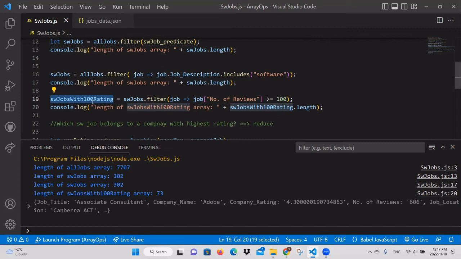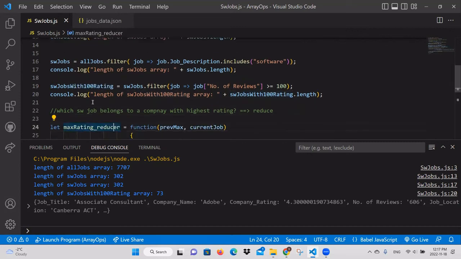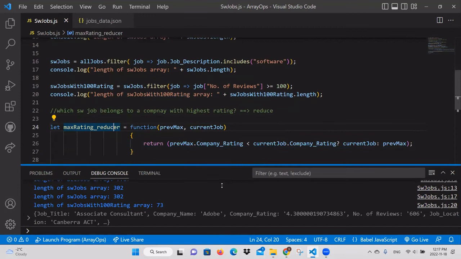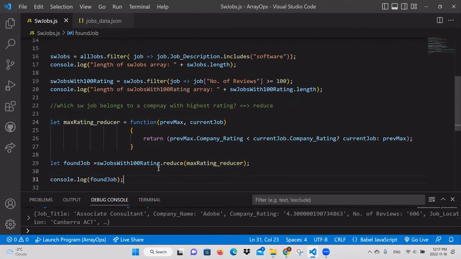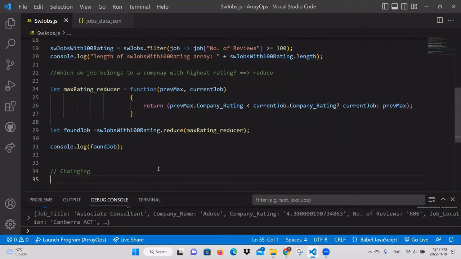But if there is a problem with the memory and you want to reduce its usage, or you just want more condensed code, you can do the chaining thing. So we have the original array